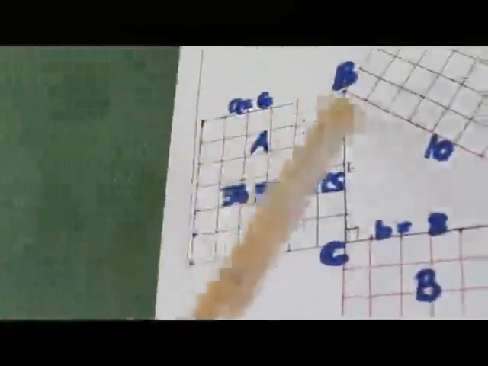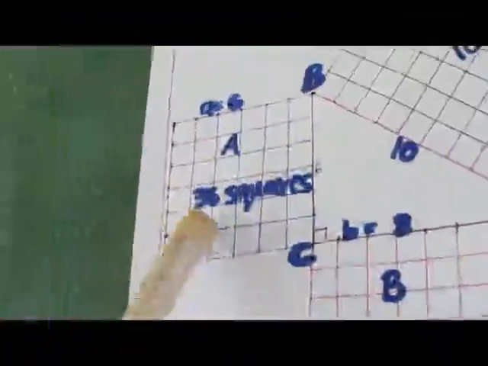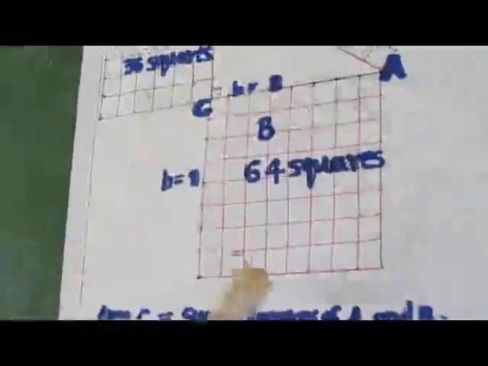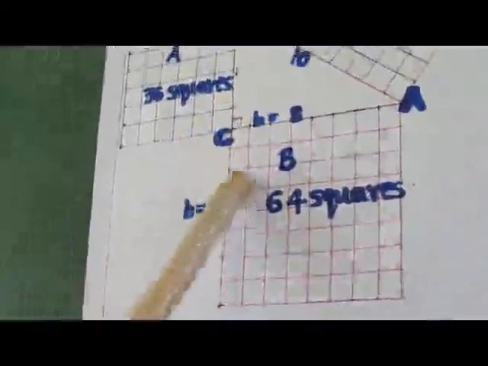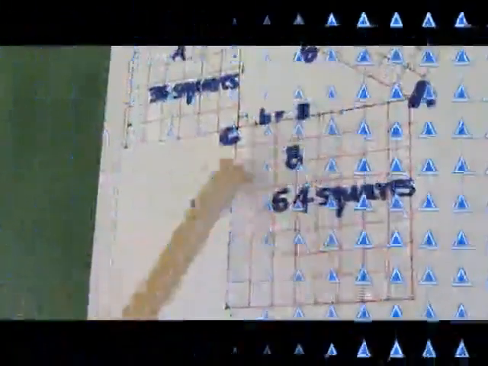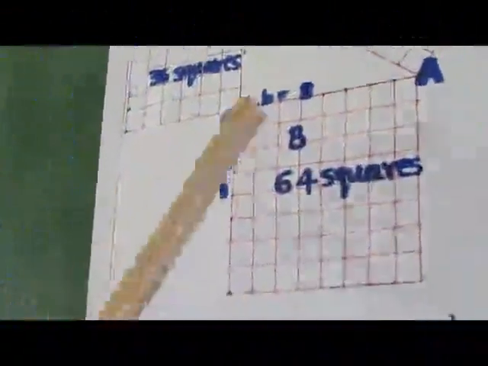Then let us come to the other squares. There is this square A here, of length 6 centimeters. When you count these small squares here, the total number is equal to 36. And the square B here, which is formed by the side AC of the triangle, when you count these squares, is equal to 64. Why? Each side is equal to 8 units. So 8 times 8 is equal to 64. There are 64 squares here. So 64 squares plus 36 squares, you get 100 squares.